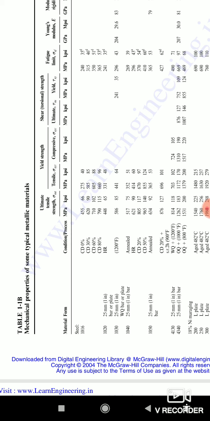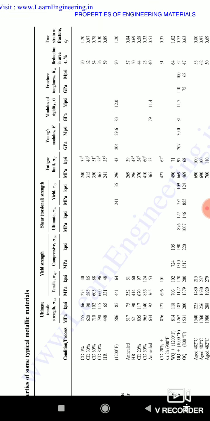that this design data book is mainly helpful for you guys in extracting a few parameters which are not mentioned in the questions or in the design catalog for the designing of the concerned equipment. So mainly you can extract a few values from this design data book, like tensile strength, properties of material, shear strength, compressive strength, Young's modulus, and modulus of rigidity. Various types of parameters you can extract from this design data book.